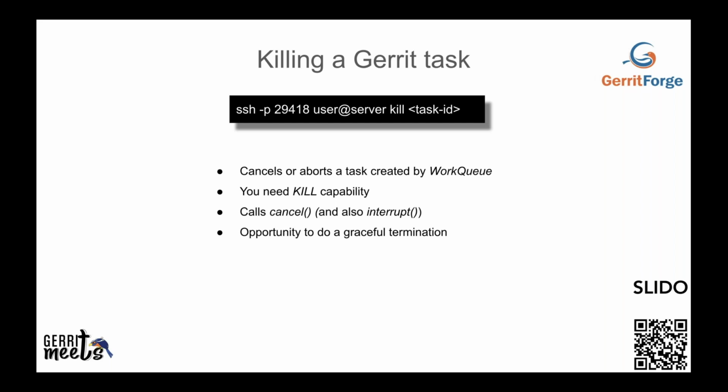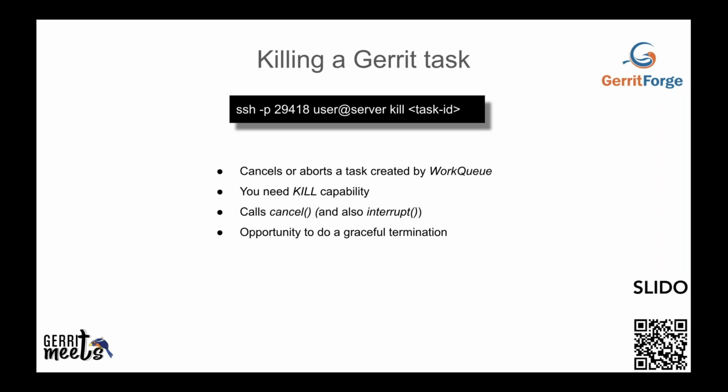So you can inspect by the show queue and pass the ID that you retrieve from it. Not everybody can do this. You need to have a kill capability to be able to do that, or you need to be a server maintainer. So it will call a method that is implemented in Gerrit, which is a cancel method, which we will dive in a little bit, which will give an opportunity to your code to actually perform a proper cancellation and actually